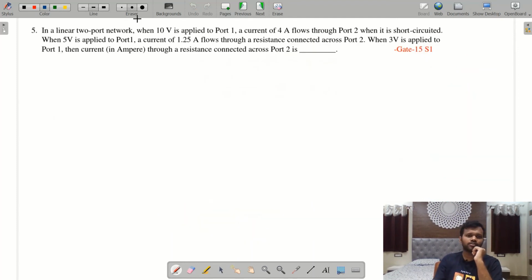In the fifth question, if you solve this question, you will know the importance of ABCD parameters, and in fact of any two-port network. Why are we using two-port networks? If a source is changed, then we can find out from this problem what the changes in the load will be. We will see the question first.